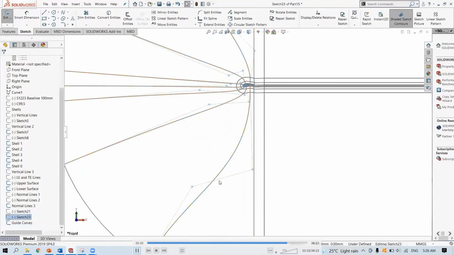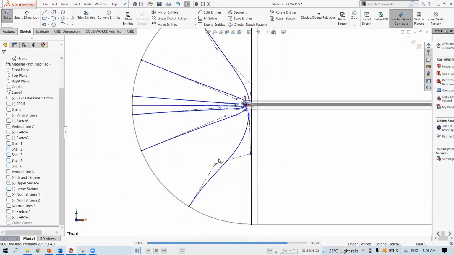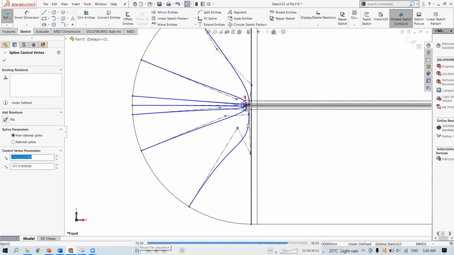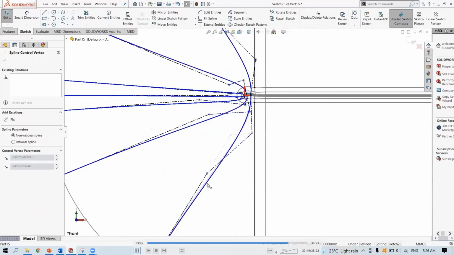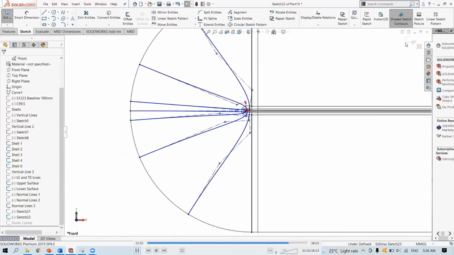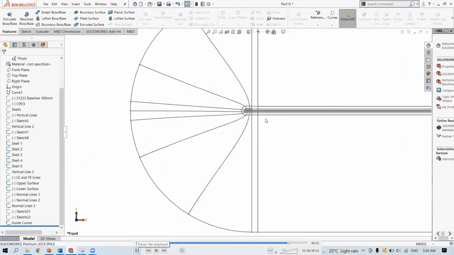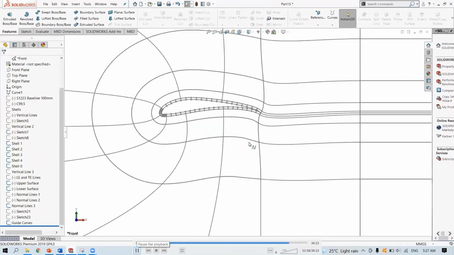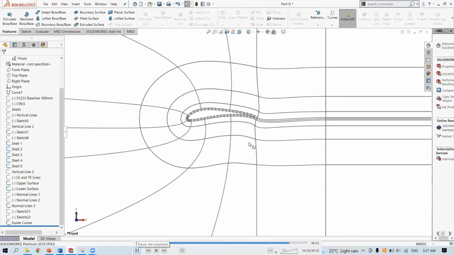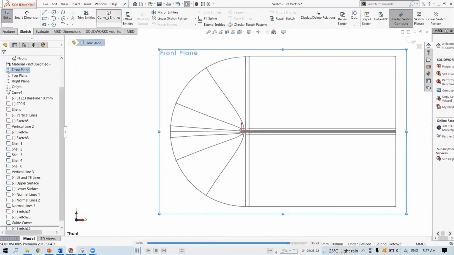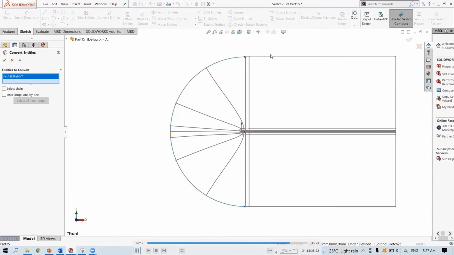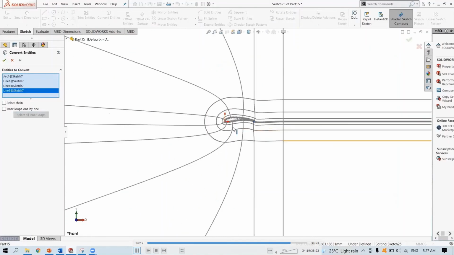Maybe you can just readjust this one. Okay, now we can make a planar surface for the main domain.